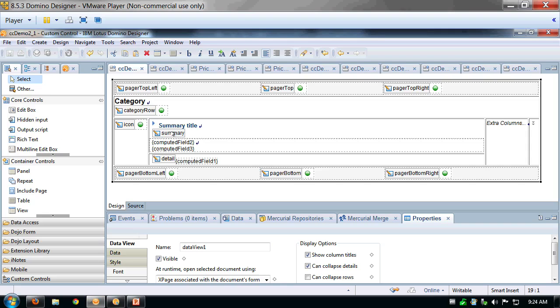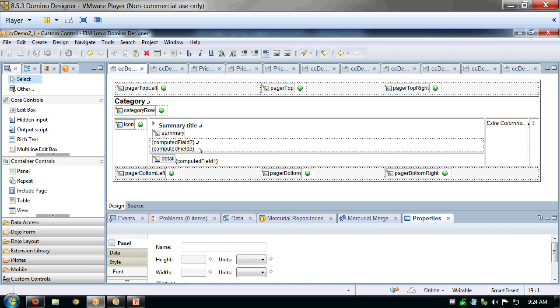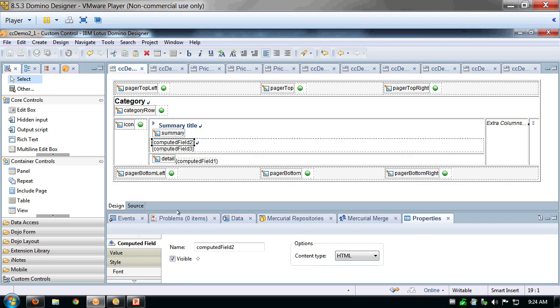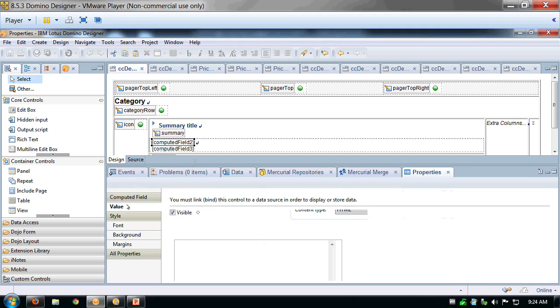Now we can see the summary section here. There's no green circle because I've already put content in there. Down here, I've got a panel and two computed fields inside of it. The first computed field is the company name, and that's a link. So if we look at the value here,